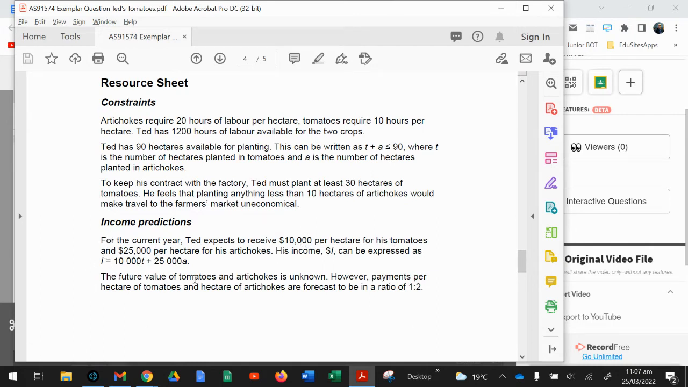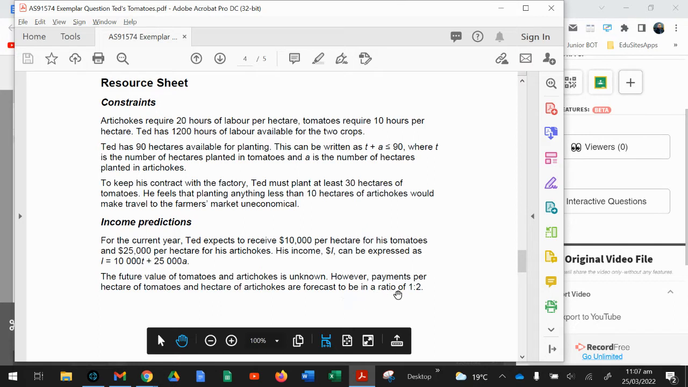The future value of tomatoes and artichokes is unknown, and obviously you understand that. I mean, who would have known fuel prices in this day and age? So that's why some companies do forecasting and future predictions. Anyway, however, payments per hectare of tomatoes and hectare of artichokes are forecast to be in a ratio 1 to